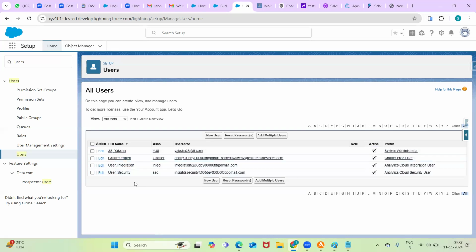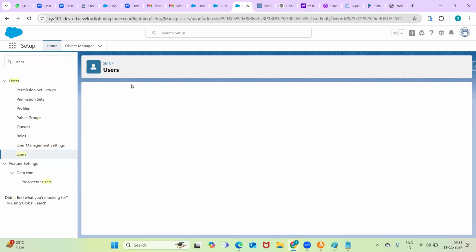Any org you create in Salesforce, these are the predefined users. In case we have to create a new user,